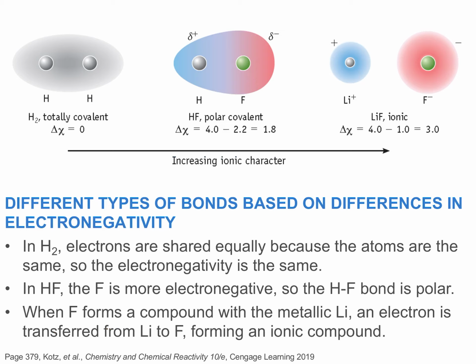So we can note three sort of extreme examples. If we have H2, these are two hydrogen atoms in an H2 molecule, and their difference in electronegativity is going to be 0. They're the same atom, so they will absolutely share the electrons very equally. But we have something like HF. I'll show you the table of electronegativities in the next slide, but you have already seen this before. We can look at the difference in